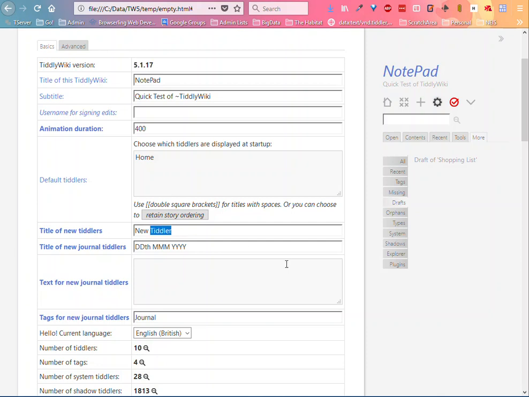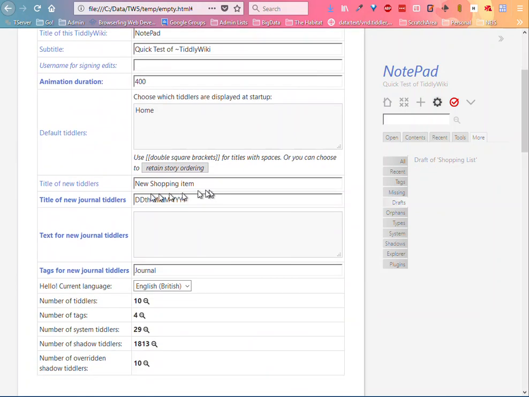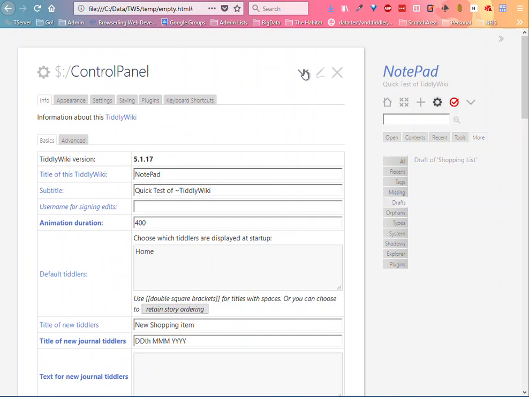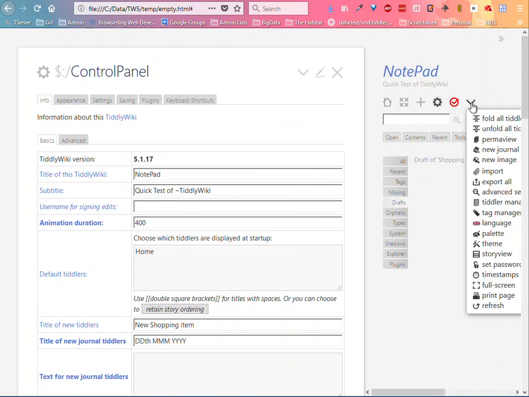If this was to be our shopping list, we could say shopping item. So if we go new tiddler, it says new shopping item. Journal tiddlers are a particular type that are used by dates. There is an icon available to create a new journal here, and there is a button you can present over here to just create a new journal not tagged with the